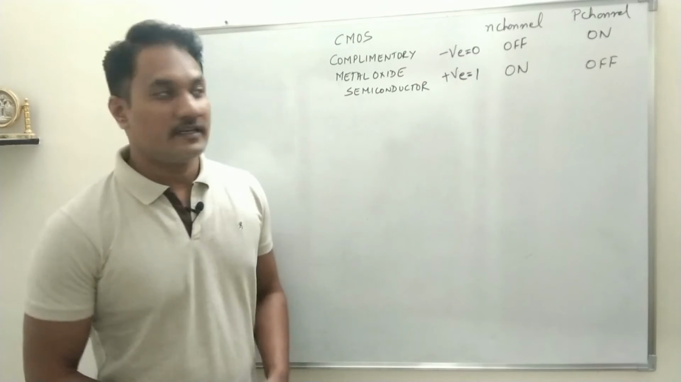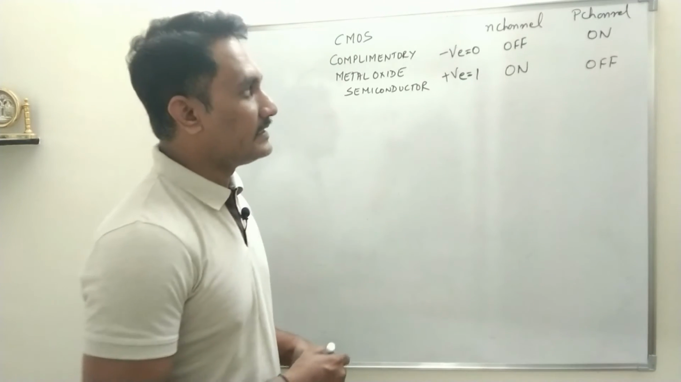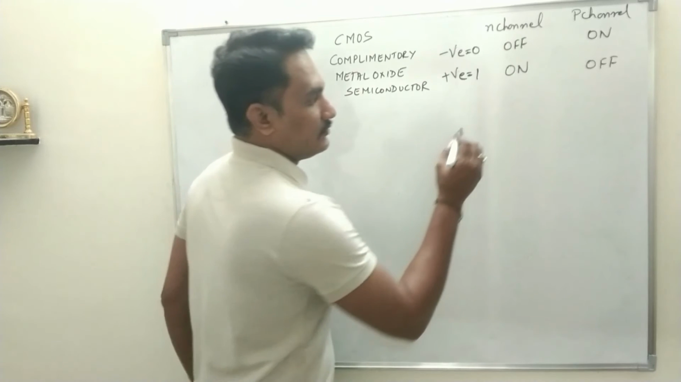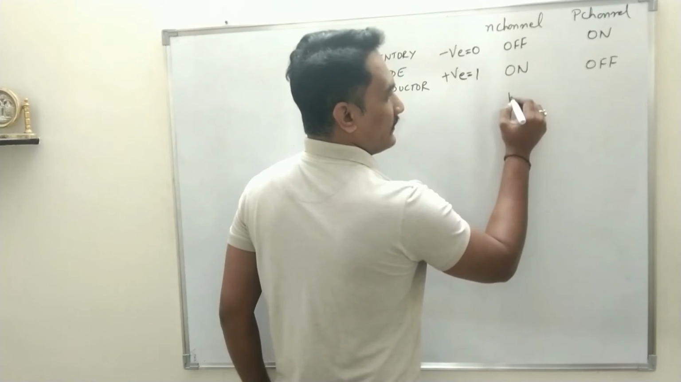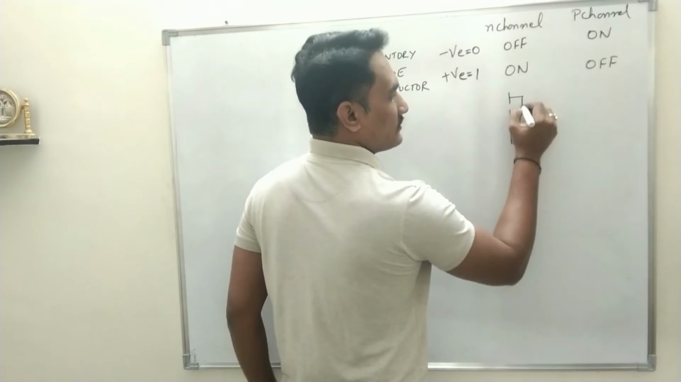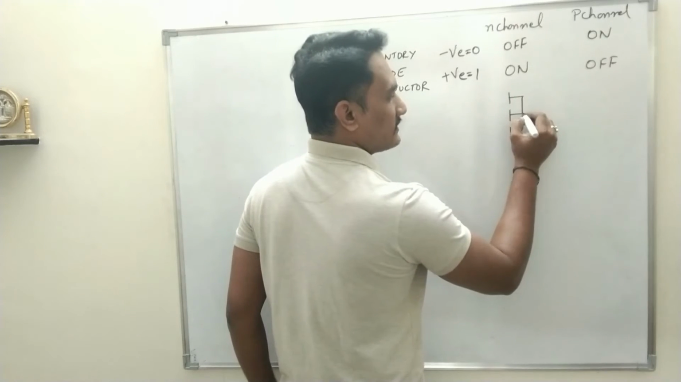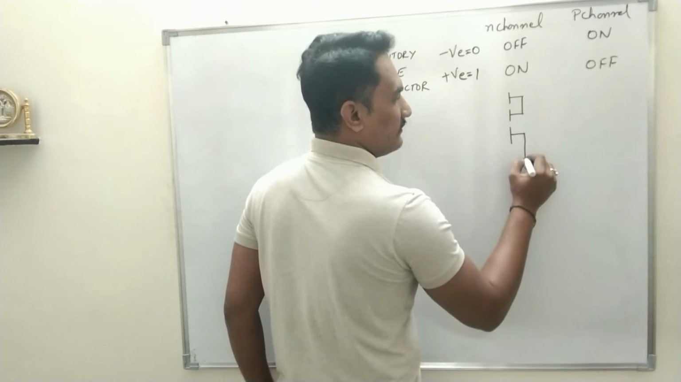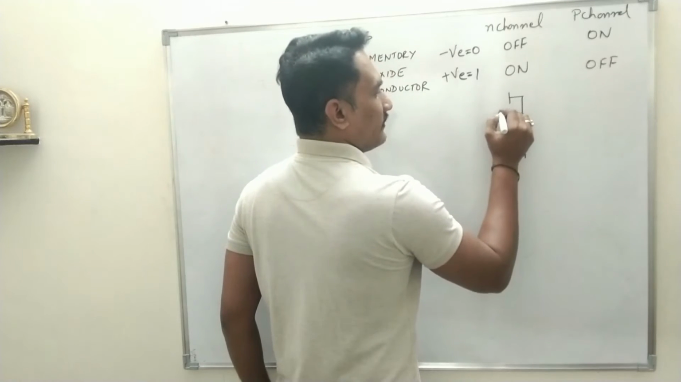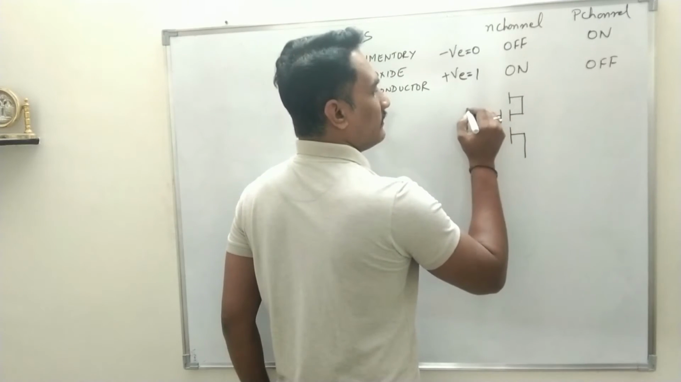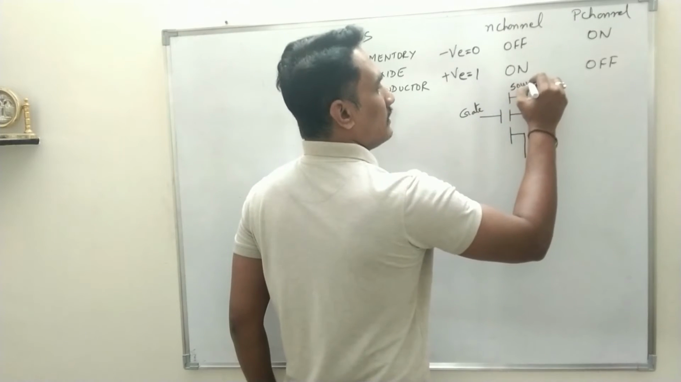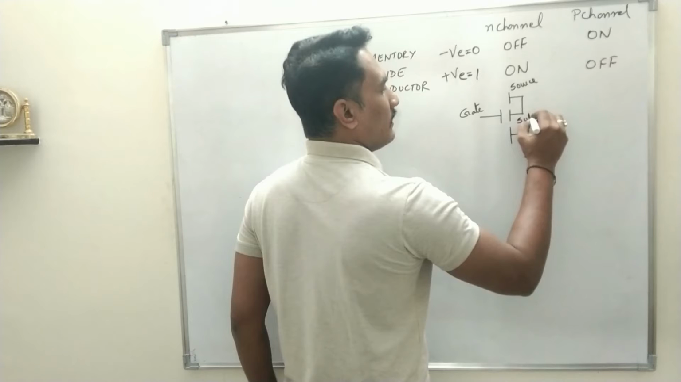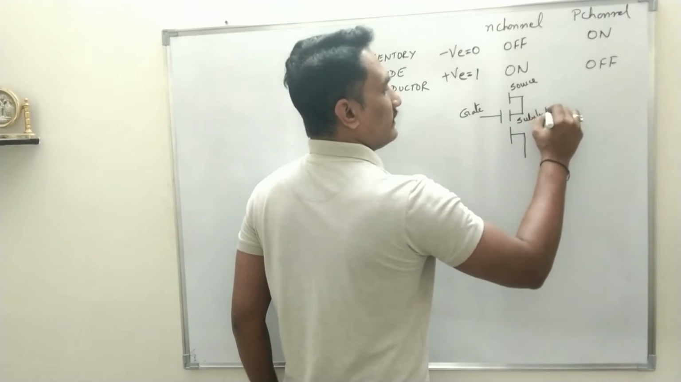Now the symbolic representation of N channel and P channel. See, you draw 3 lines, 1, 2, 3. The first terminal is source, which is always internally connected with substrate, and the next terminal will be drain. And in front of substrate, you have here the gate terminal. So gate, source, substrate and